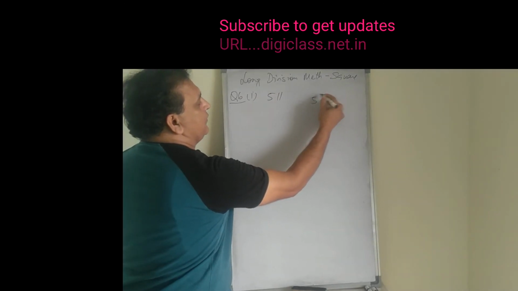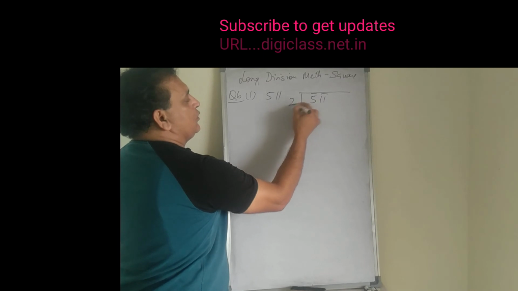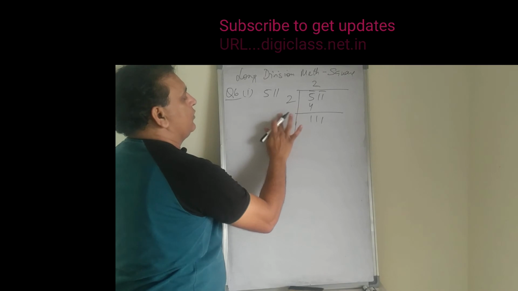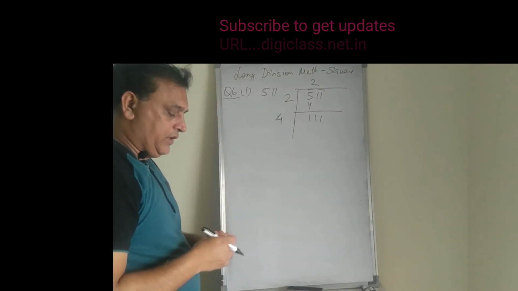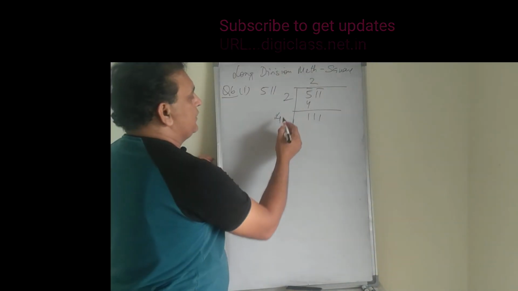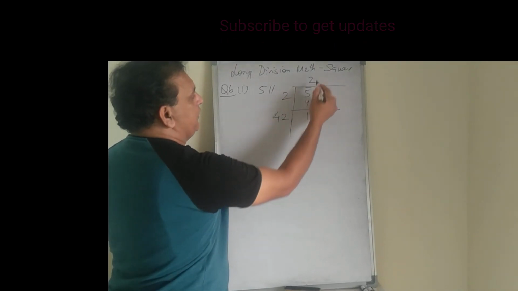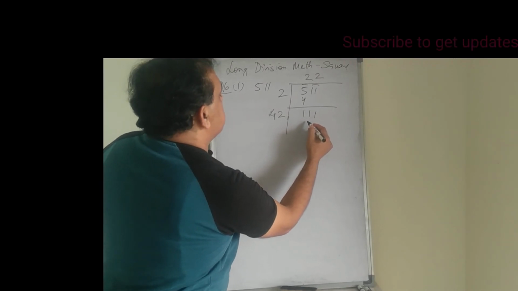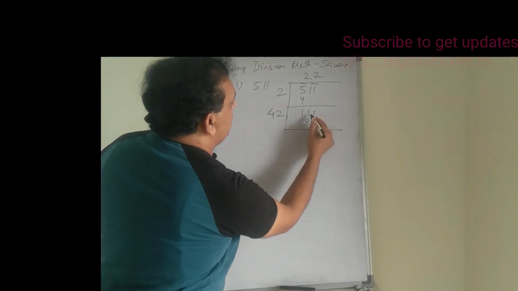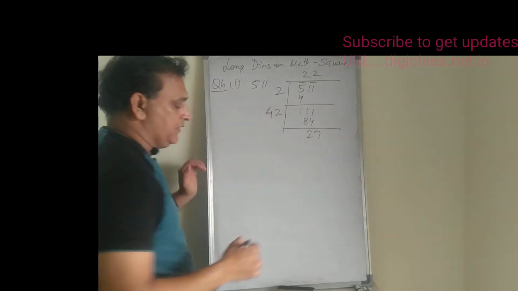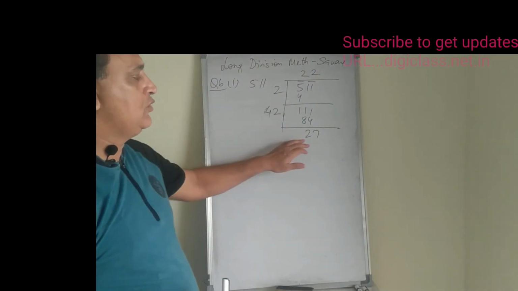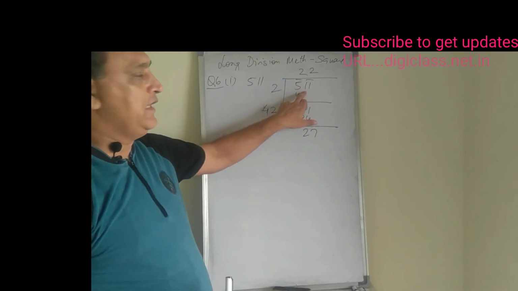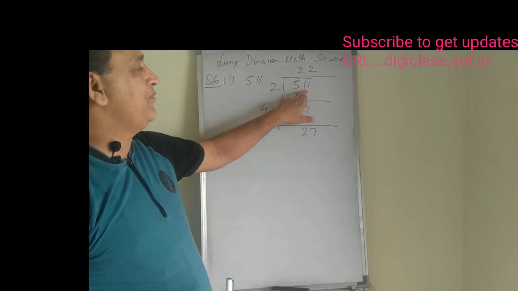So let us first of all, same step, we will do 2 2s are 4, 1 1 1, then 2 into 2 4. Okay, so 3 will exceed 120, so only 2 we have to add. So this is 84, and remainder we get is 11 plus 27 is the remainder what we get. But now it's not the question of subtraction, it's the question of addition. So 27 is already in this, how much we have to add to make it a perfect square.